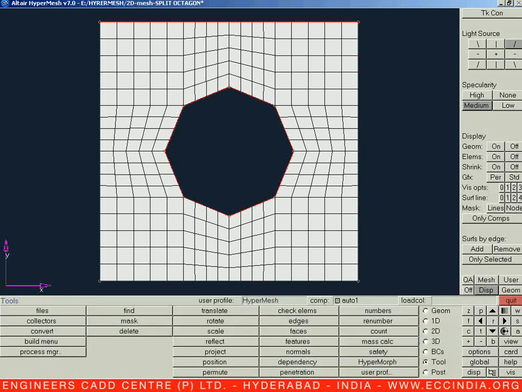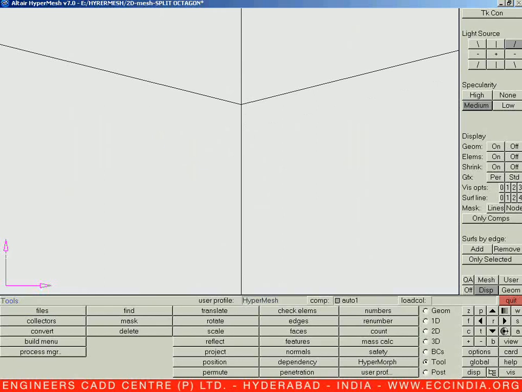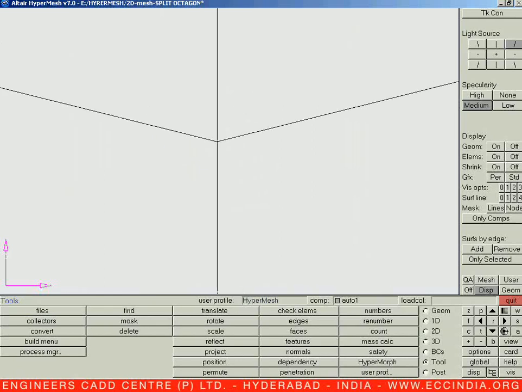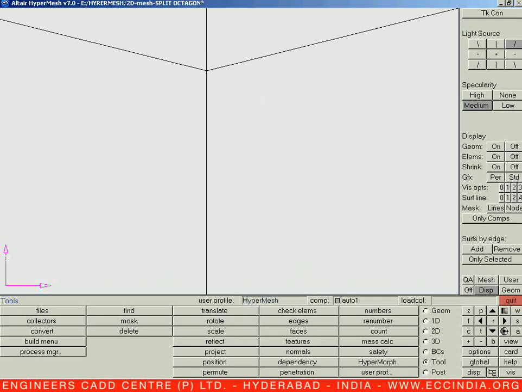But still there will be one trouble if we are going for single mesh. There will be some connectivity loss. Although at these particular lines we can see these are the connected elements, if we zoom in continuously, now we can see there is a minute gap over here.